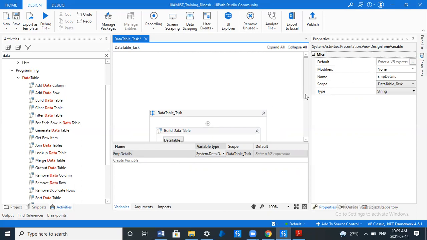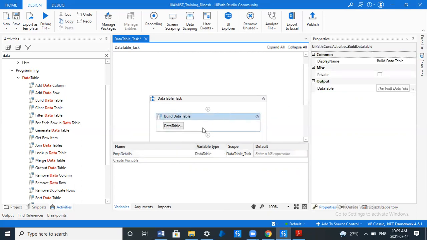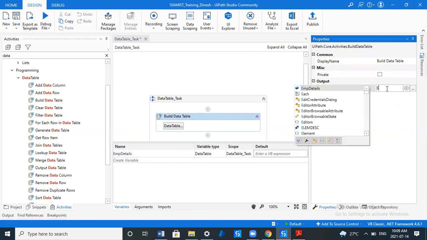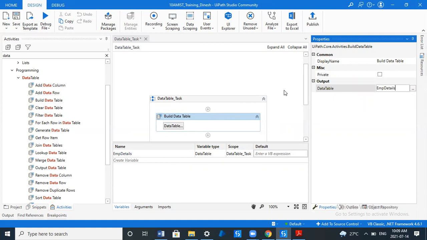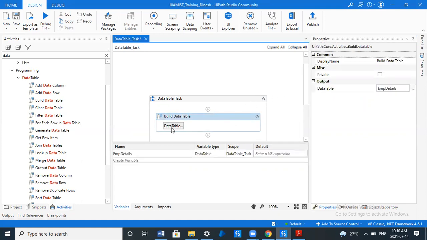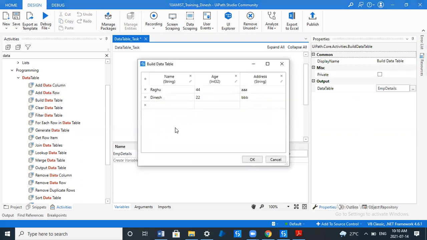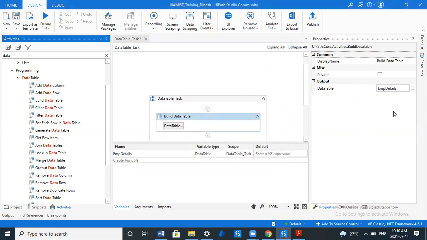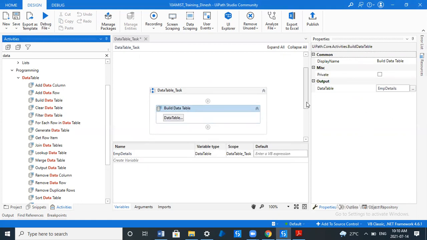So now we have to assign this one here. Let's go here in the output area. This is passed as employee details, which means whenever you call employee details, all these values will appear. I mean, whatever values you have stored inside. We have stored all these values in one data table, the data table named employee details. Let us quickly execute this.